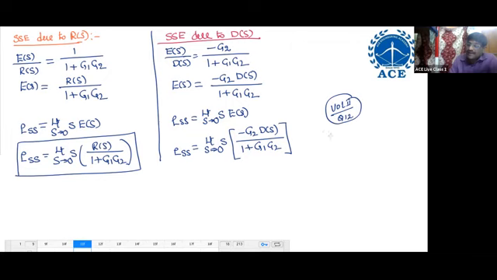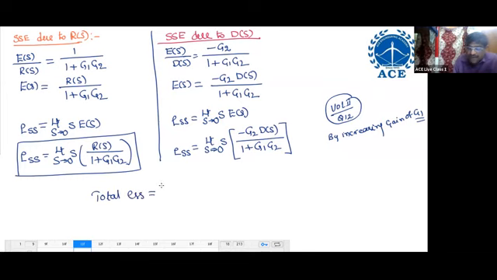By increasing the gain of G1, we can decrease the steady state error. Okay? Next, total steady state error is,